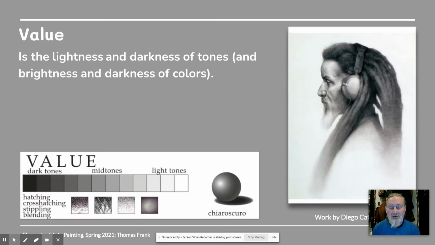Value. Value is the lightness and darkness of the tones and the brightness or darkness of the colors. So you have dark tones transitioning or grading to light tones. And this is Diego's work, where you can see, if you were in my drawing class, we did a lot with value, going from light to dark. It's a great way to create form, the illusion of form,